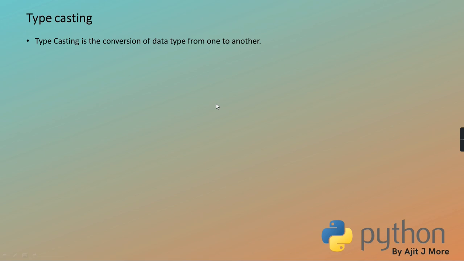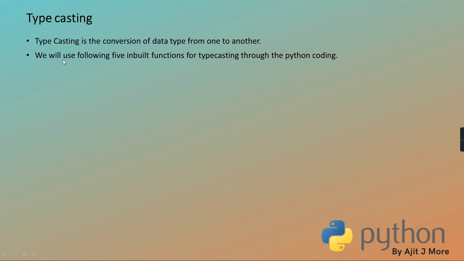But it is not permanent, only for that operation's purpose. Once the operation is done, it is back again to the original type. Now here on the slide, I have not clarified between implicit and explicit. A lot of things I talk about, everything I cannot write on the slide. Because if I write everything on the slide, it will be as good as a book. There is a difference between a PPT presentation and the actual book. When you read a book, a lot of detailed things are there. So attending the session is important, because in the session a lot of things are told. Only reading the slide won't be sufficient.